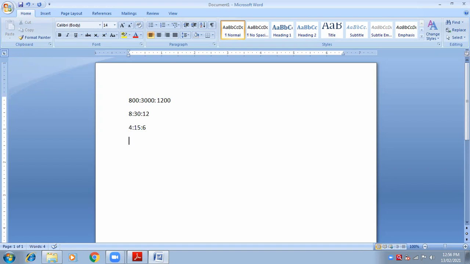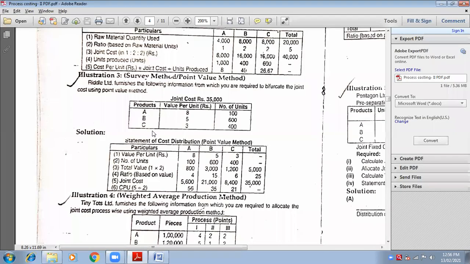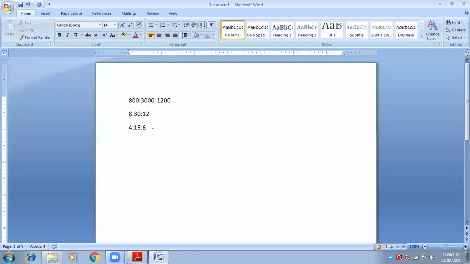No, we cannot apply the table of 3, or of 4, because of 15 there. And we cannot apply the table of 2 also because 15 does not come in the table of 2. Two numbers are even and one number is odd, so we will not be able to apply the table of 2. No table can be applied, so we cannot cut it down any further. So our final ratio will be, can you tell me?